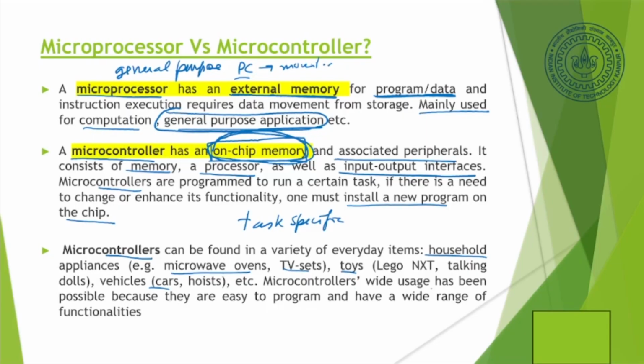So microcontrollers are used mainly because they are easy to program and have a wide range of functionalities, but they are not general purpose. Once you put the program onto a single chip microcontroller, it will be doing just that. It is not a general purpose machine which can do a lot of other things. Because of which the cost is low, very, very cheap. Now how cheap is cheap? A microcontroller will cost you about 500 rupees, that cheap. Whereas a PC based general purpose microprocessor will be much, much more expensive.